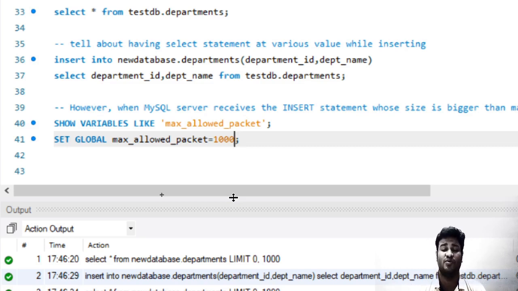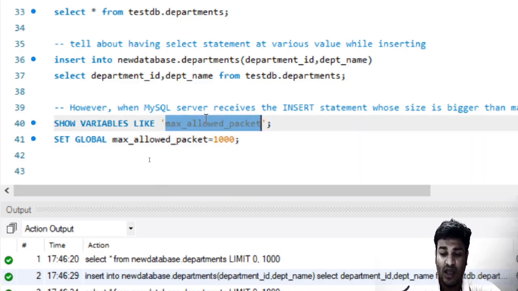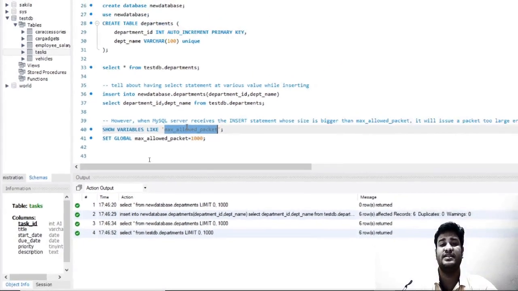I just wanted you to mark a reference, because there might be a scenario where you want to restrict the insertion data limit. So you want a table to have just a 2 MB data insertion limit for a single statement. So there can be a scenario like this. So I just wanted to mention that there is a feasibility in MySQL. You can use something like this. So this brings this lesson to a close.